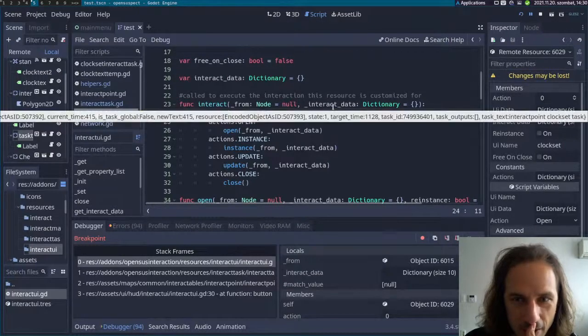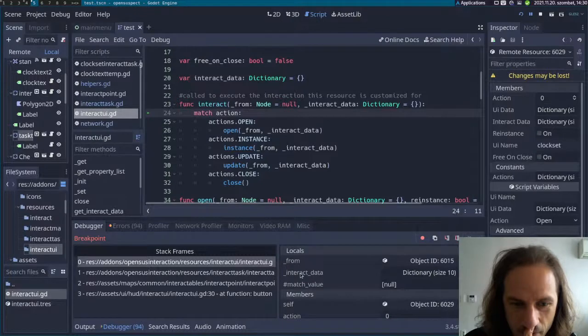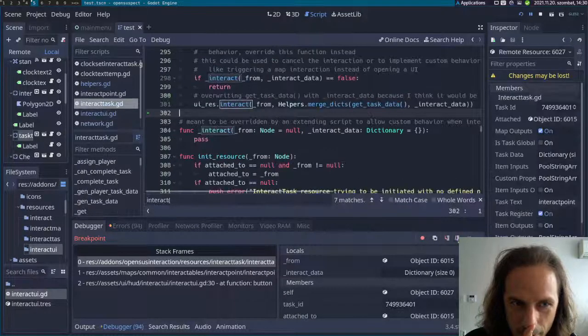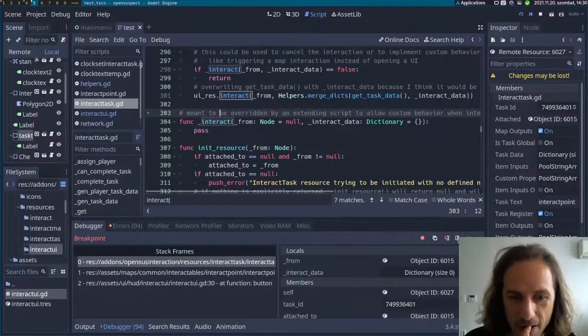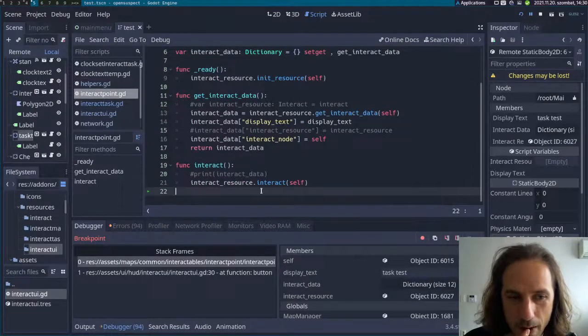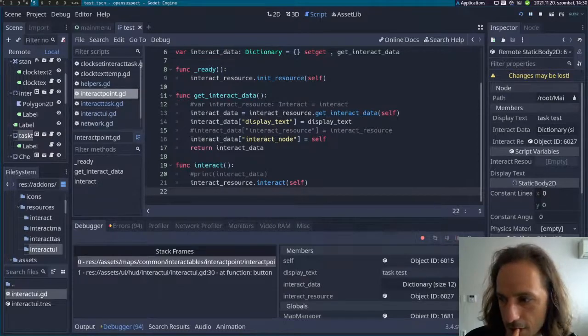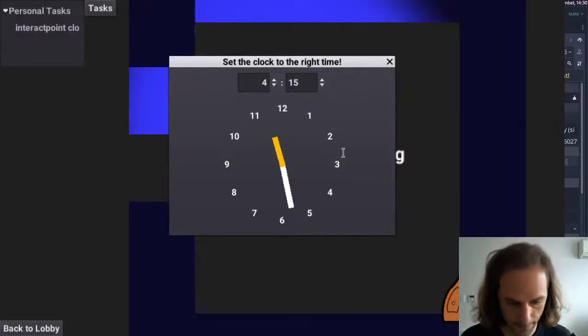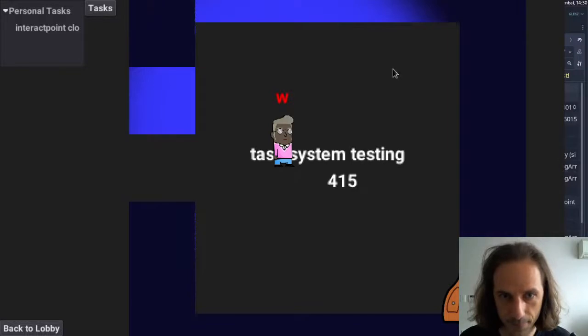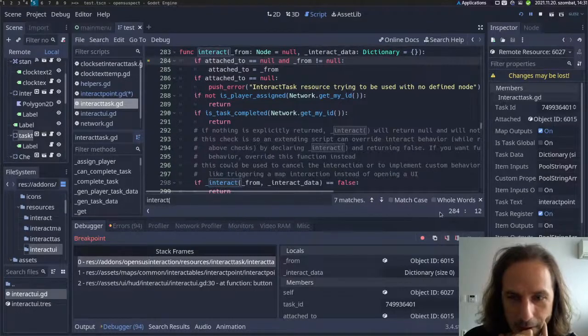But how did we get in here from interact data and match value? Okay, this match value is going to be just, so the match value is open, so that's what happened here. And we are back here. No, I don't know. Let's continue. So the clock is open, so let's try again. Let me see one more time. So if I go through here,